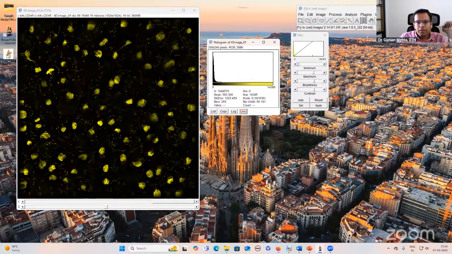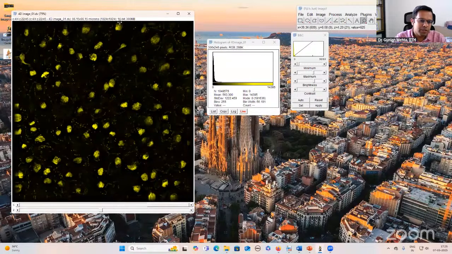And you can see that for this particular channel, we have the fluorescence intensity between 0 to 14,385 gray levels. Okay. So first you see this image is a 16-bit image, that you can get to know from here. Here it is written, this image is a 16-bit image. So it has been captured with a 16-bit camera, and a 16-bit image has almost 65,000 gray levels, right? We already discussed this in one of the theory classes, that a 16-bit image means it has gray levels from 0 to 65,500 something. Okay, so many different gray levels are there.